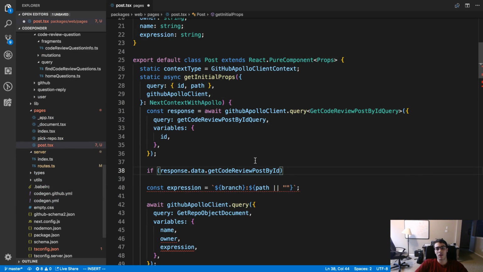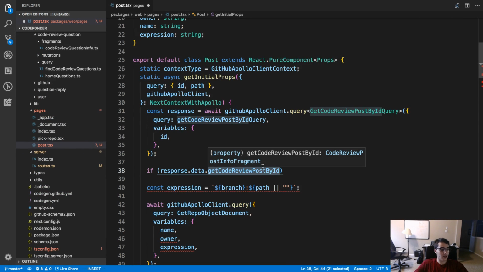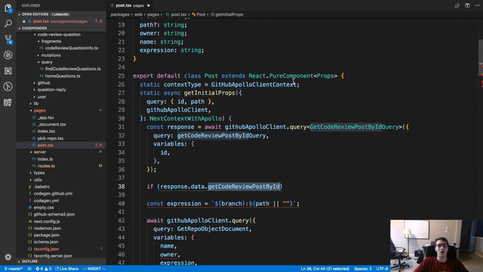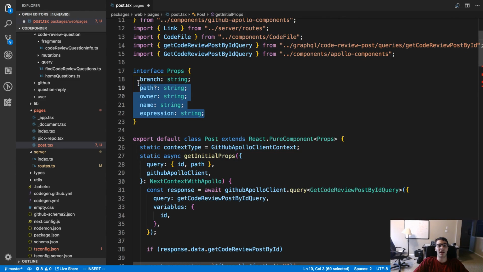Alright, so now this is possibly undefined. So I need to think about what I want to do when stuff is undefined. So I guess I'm going to pass some props down. And what props am I going to pass down? Do I want to pass all this stuff down?